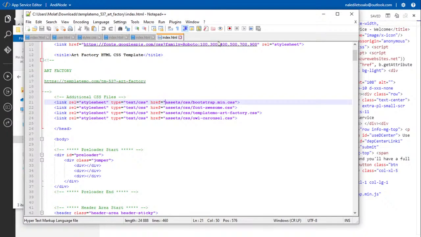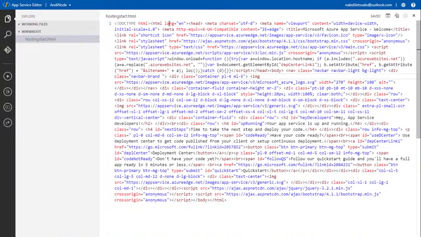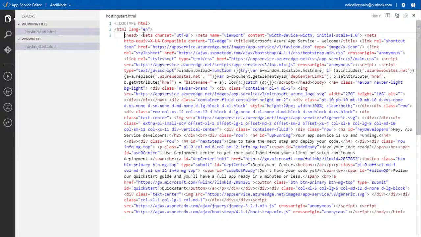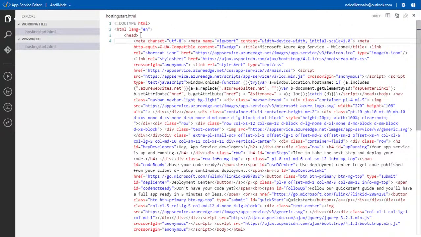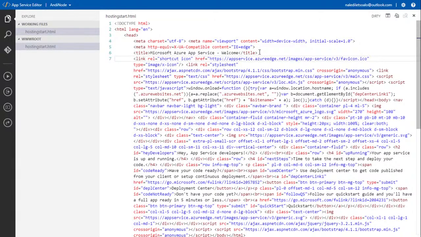Firstly, let's organize this here to kind of figure out what is what. All right, and I've got head, metadata, more metadata, and I've got title, which is the thing that we edited the last time.